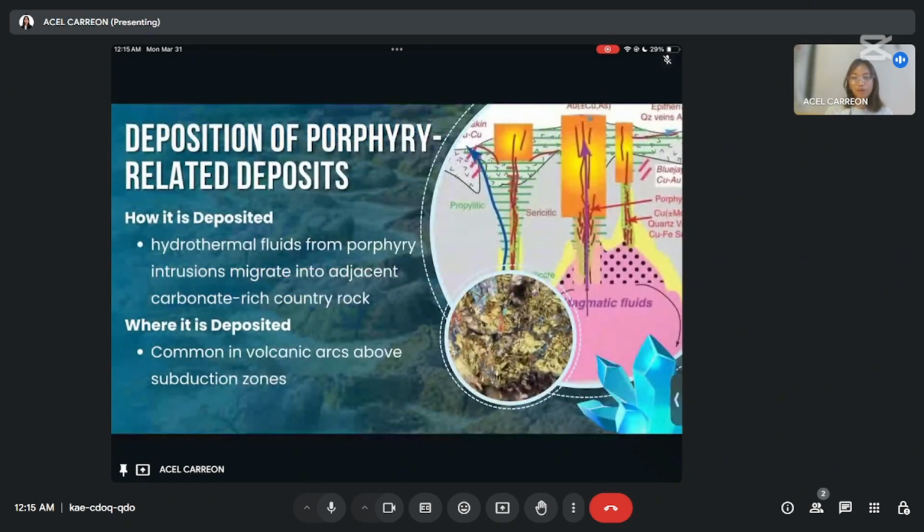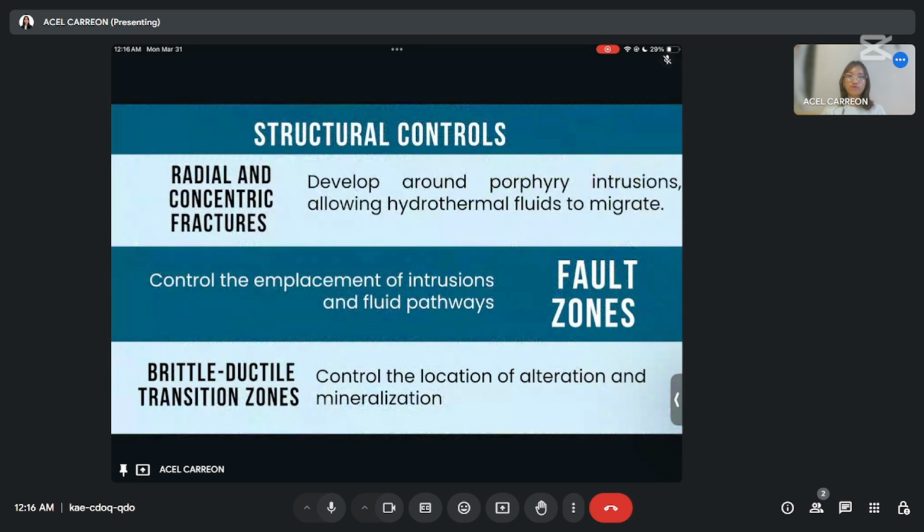For the deposition of porphyry-related deposits, mineralization occurs as hydrothermal fluids from porphyry intrusions migrate into adjacent carbonate-rich country rock, forming skarns and other metasomatic zones. It is common in volcanic arcs above subduction zones, typically in orogenic belts, where porphyry copper, molybdenum, and gold systems develop. Its structural controls include radial and concentric fractures developed around porphyry intrusions, allowing hydrothermal fluids to